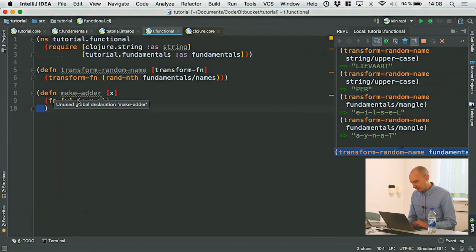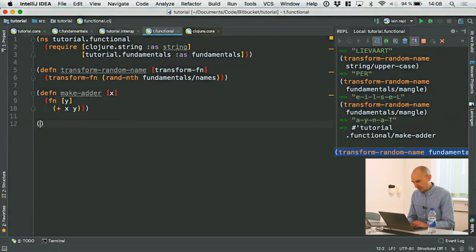Maybe I should do a line break here to make it a little bit easier to see what's going on. So as you can see, I'm defining a function, makeAdder, that takes a single argument, x, and returns a function that takes a single argument, y, which, when evaluated, adds those two values. And if I define that, I can call it,